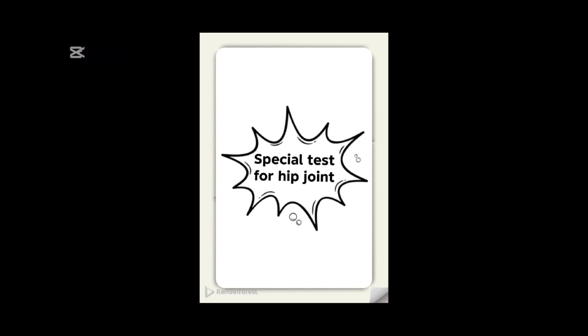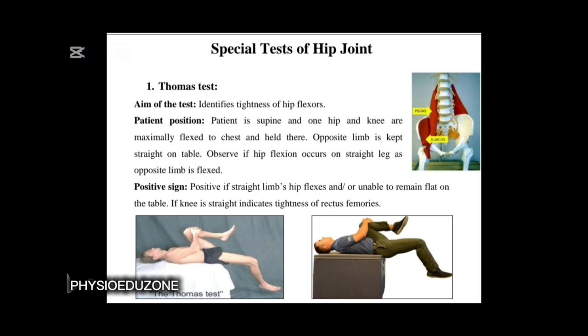Today this video is for special tests in the hip joint. 1. Thomas test. Aim of the test: for identifying tightness of hip flexors. Patient position: patient is supine and one hip and knee are maximally flexed to the chest and held there. Opposite limb is kept straight on the table. Observe if hip flexion occurs in the straight leg as the opposite limb is flexed. Positive sign: positive if the straight limb's hip flexes and is unable to remain flat on the table. If the knee is straight, it indicates tightness of